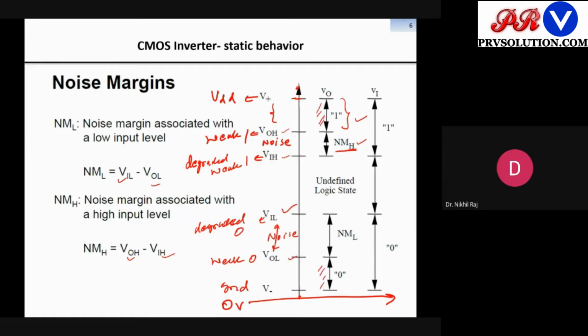Logic 1 and 0. Whereas for the second inverter, which was transmitted through a wire, logic 1 will correspond to the complete range. Now suppose I propagate further. This was your inverter, and its output was transmitted to the next inverter as input. Again it will be degraded. If I make a cascade connection of inverters, at each level this undefined state will grow, and it will comprise logic 1 and logic 0. So it is very important to know the noise margin of the circuit.